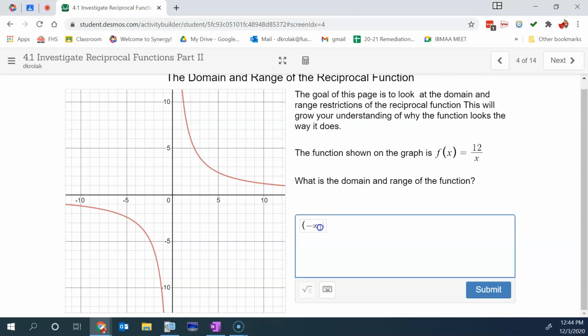Here's why it is. So that's going to go up to 0, but it's not going to include 0, so I'm going to put a parenthesis there. This is getting close to 0, but it never touches 0. It'll get infinitely close, and you'll see that in a little bit with another animation that I'm going to show you. If I could keep dragging this point,